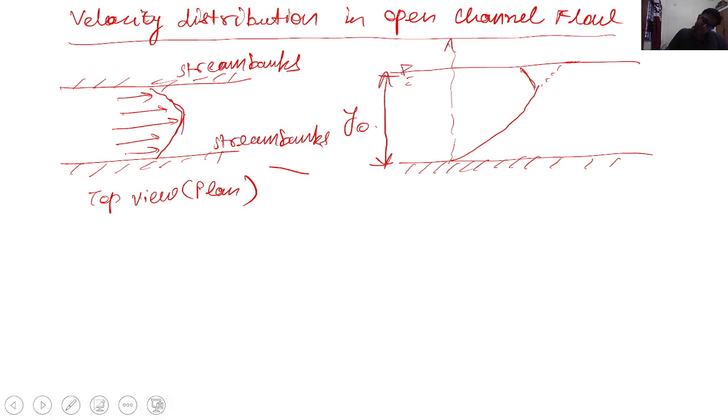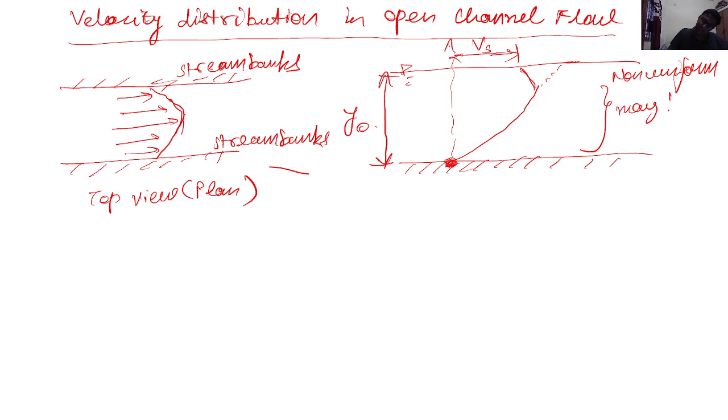This is non-uniform, not constant with respect to the depths. The top velocity may be the velocity of the surface, and the velocity right at the bottom would be zero because of boundary effects. And this velocity distribution may be described by